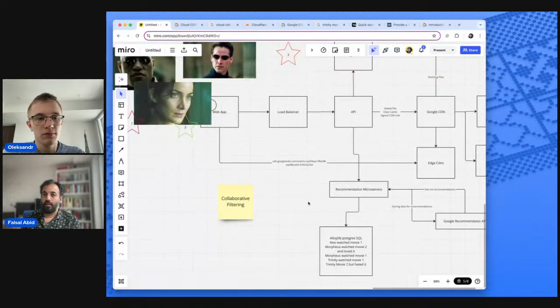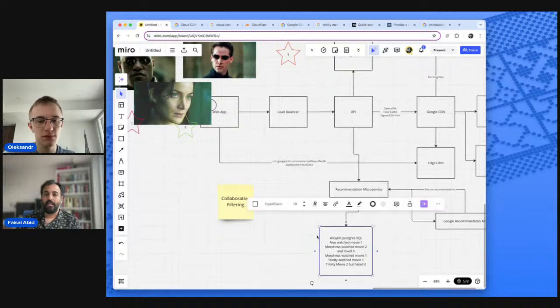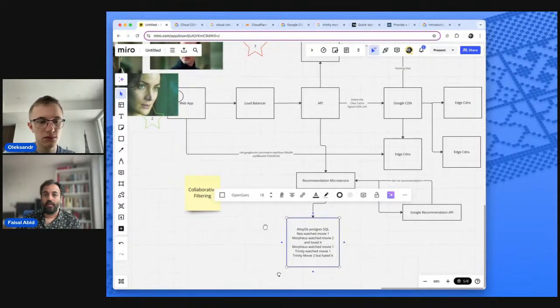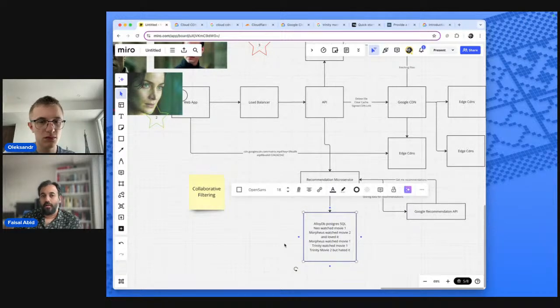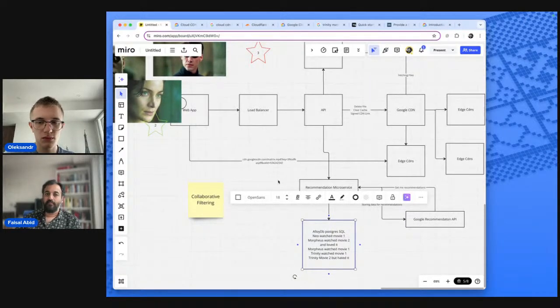Use Google's recommendation API, or use an open source Python library that ties into your SQL database. But you have to understand why you need it and what the pros and cons are. That's the whole purpose of this. I hope a lot of people now understand why you would use a recommendation engine, and how it fits into Netflix and how it's all working together. Cool.